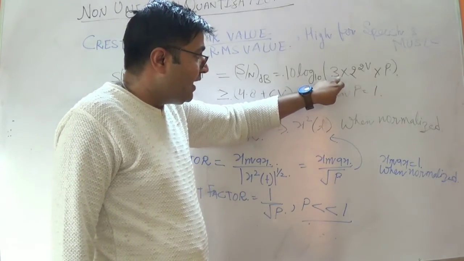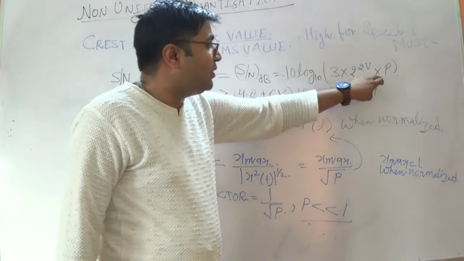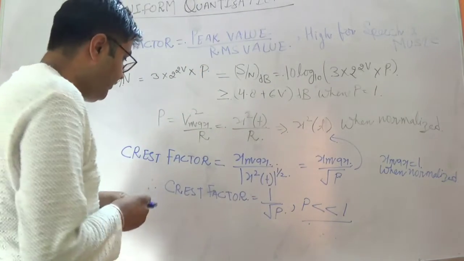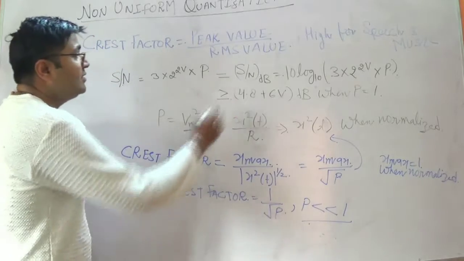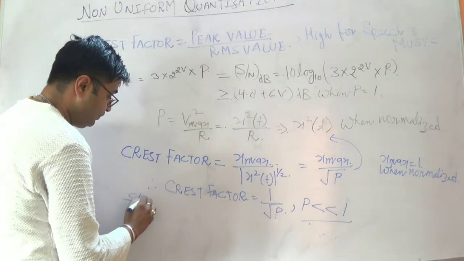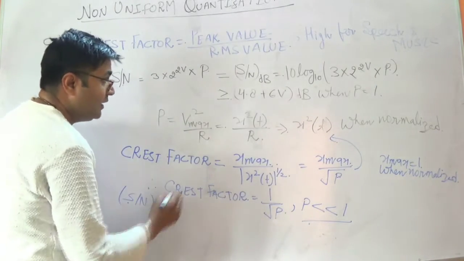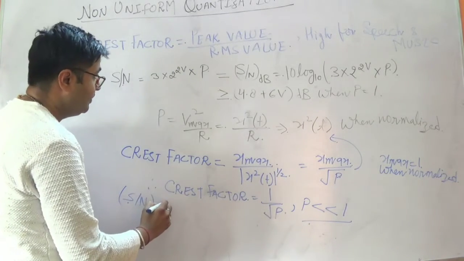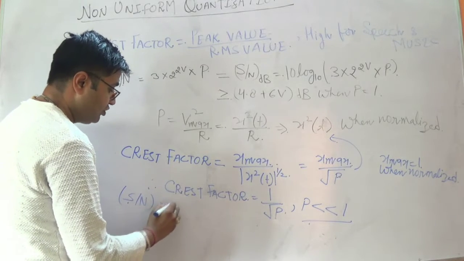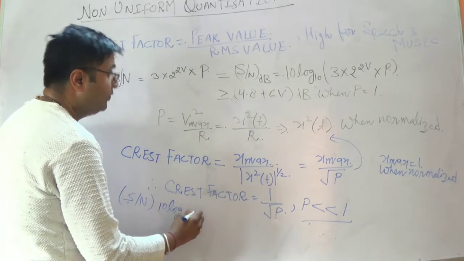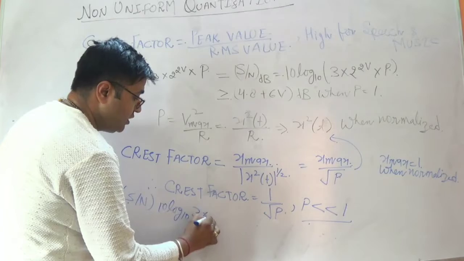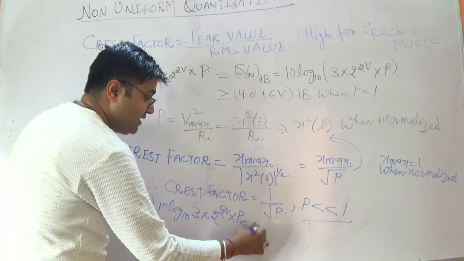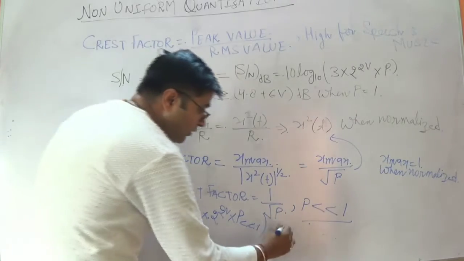Now look at this one. If you are talking about this particular equation, the P is there, and if it is on the lower side, what will happen is, if you are talking about that equation, SNR in dB is 10 log 10 of 3 into 2 to the power 2v into P, which is very less than 1, and it will always be very less than